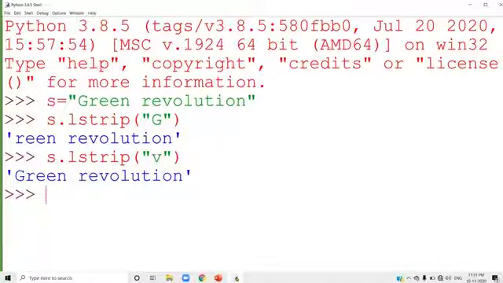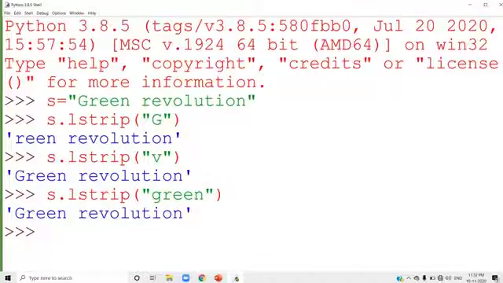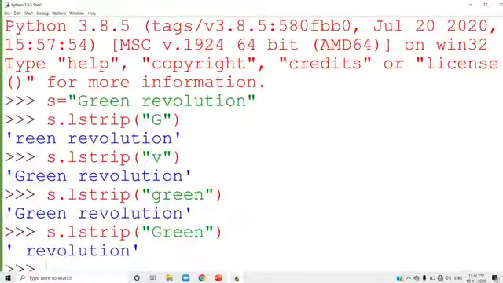If the specified character is on the left side of the given string, then it will be removed. So if I want to remove like this, then I can write green. See that this green I am trying here. Check it, anything happen? No. What happened now? What is the reason? Because green is in capital letter and I just used it in the small letter green. So I am going to change this into capital G, then automatically that is removed from the string.